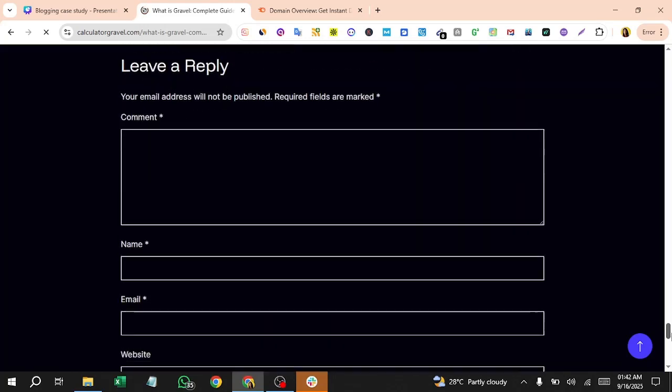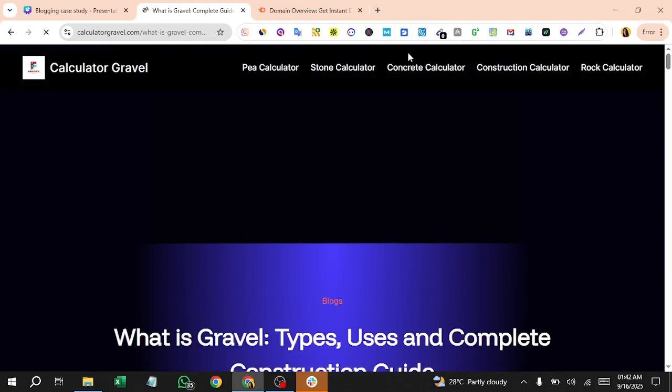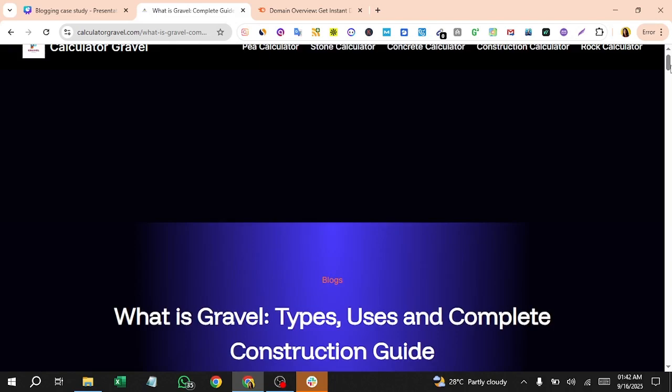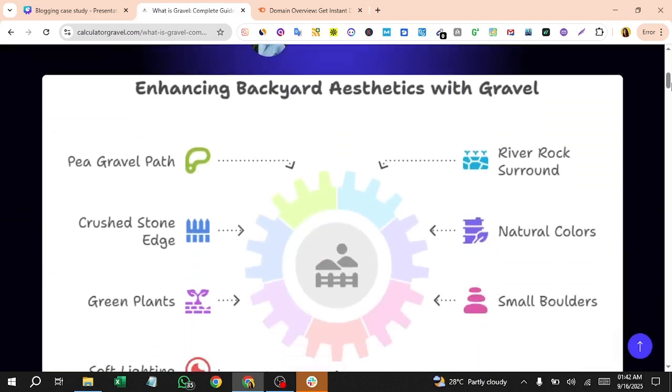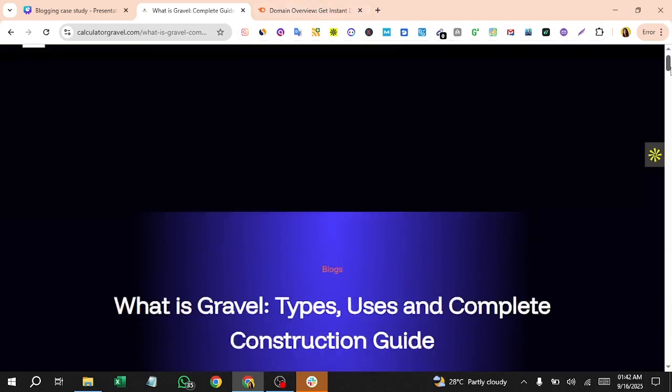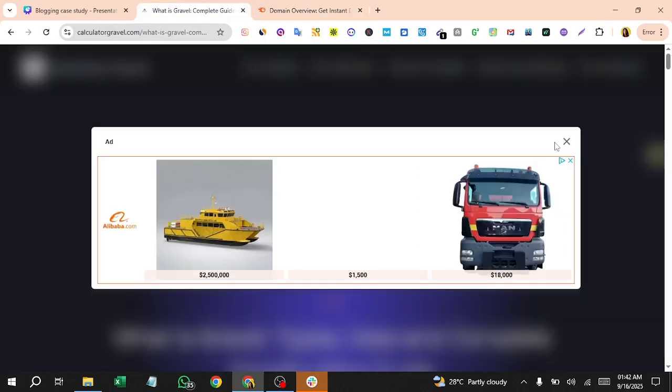eventually searching on Google. So first, what you need is you need to research what people are actually searching, and you have to create a calculator course. First you need to find a problem, and then you need to give the solution of that problem. So let me come on SEMrush. So basically you can see this is